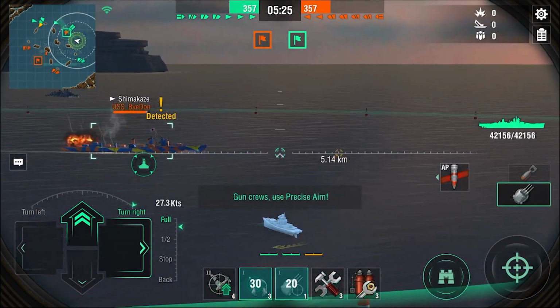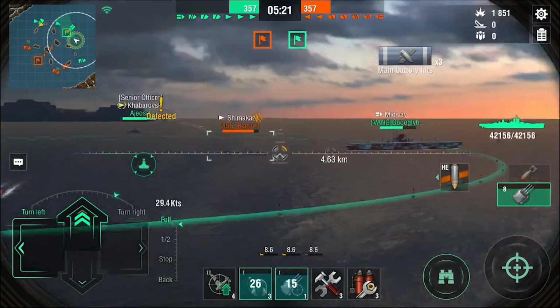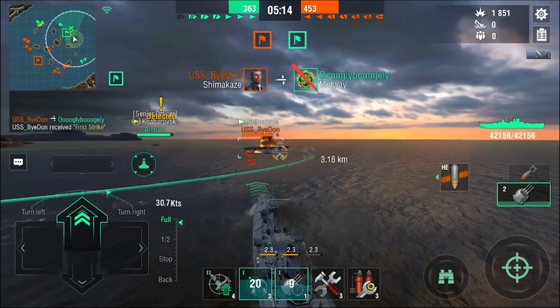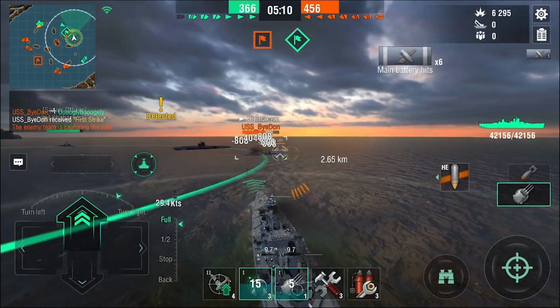So here we're going to see the effect of Gouden Leeuw against a DD. It's nice that we have the sonar because you do have a chance to dodge the torpedoes. It is a big ship, but it's pretty maneuverable. So you see me swap to HE immediately. AP is actually not bad at longer ranges, but once you get close at these ranges, you need to use